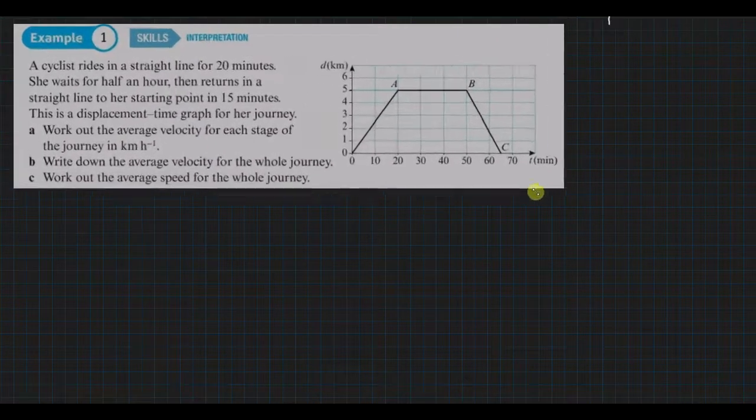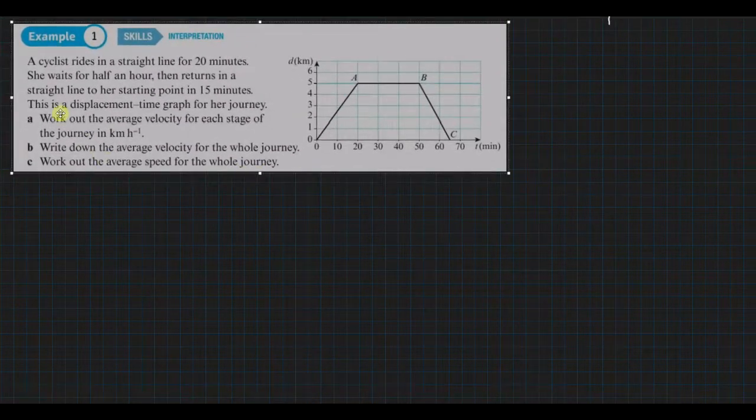Let's do some quick example problems from this, and I'll possibly extend them a little bit as we go through. First of all, work out the average velocity for each stage of the journey. So we've got to look at the journey. Often you may have to draw this. They may give you the information and they may say things like